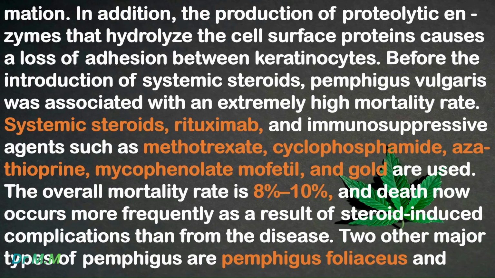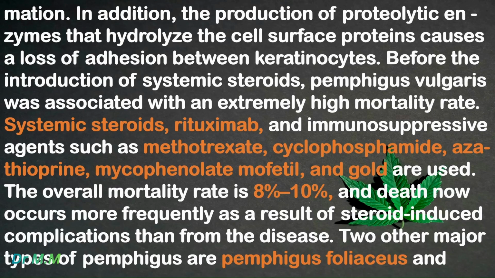keratinocytes. Before the introduction of systemic steroids, Pemphigus vulgaris was associated with an extremely high mortality rate. Systemic steroids, rituximab, and immunosuppressive agents such as methotrexate, cyclophosphamide, azathioprine, mycophenolate mofetil, and gold are used. The overall mortality rate is 8% to 10%, and death now occurs more frequently as a result of steroid-induced complications